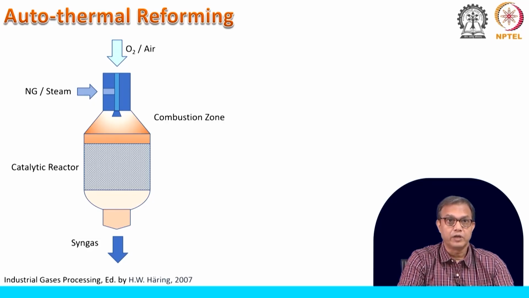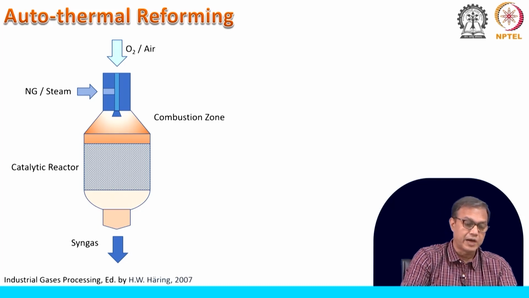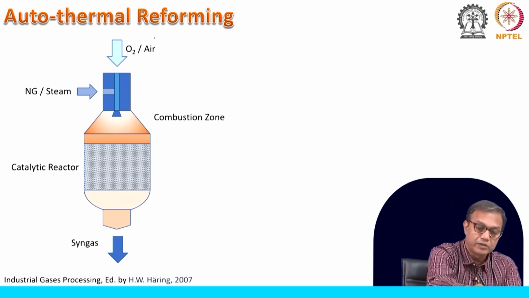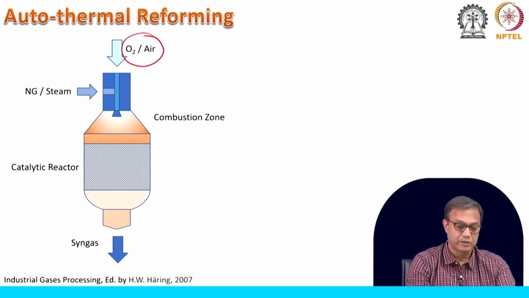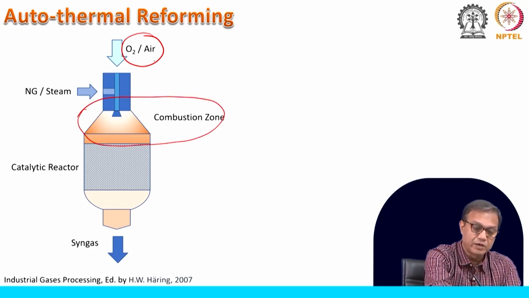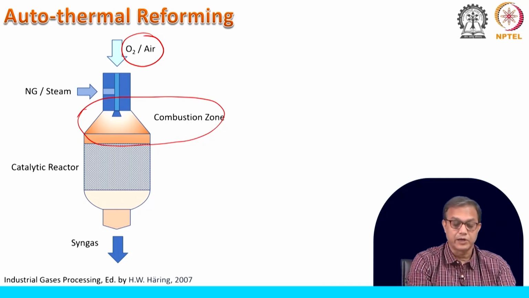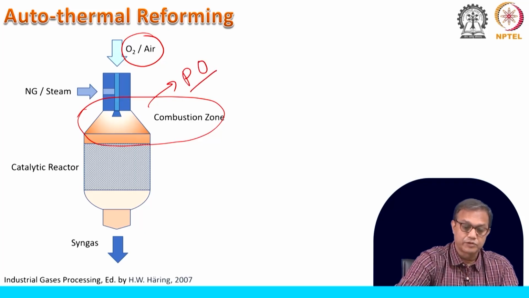reforming, where you will find that the natural gas and steam, maybe we heat it up sometimes, we add these two, and finally this O2 or air is getting mixed with it and they are coming to this combustion zone. So, this is where you can understand that basically the process is PO, or partial oxidation, that is